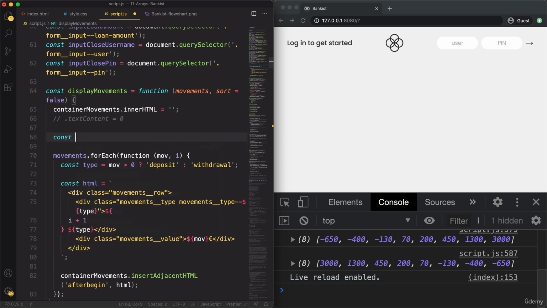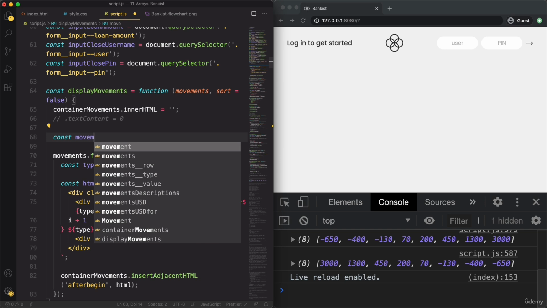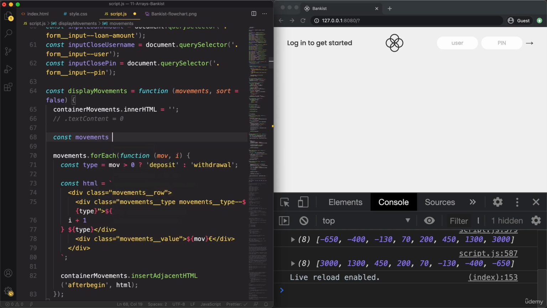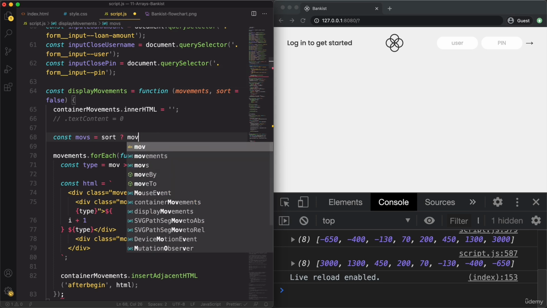So let's now create a new variable called movements here. And this variable here, we will define it conditionally. And actually we cannot call it movements because that's already the name here of the parameters, right? So let's just call it movs, all right? And again, we will define it conditionally. So we say if sort, and so that's if sort is true, then we actually want to sort the movements. So the movements array that we get here as an input. So movements,